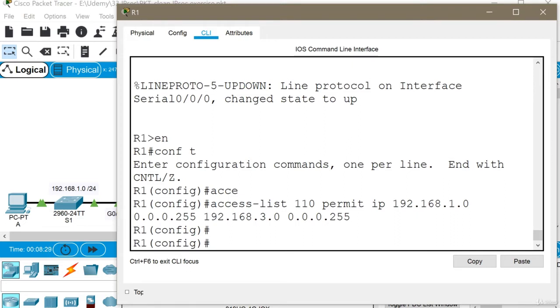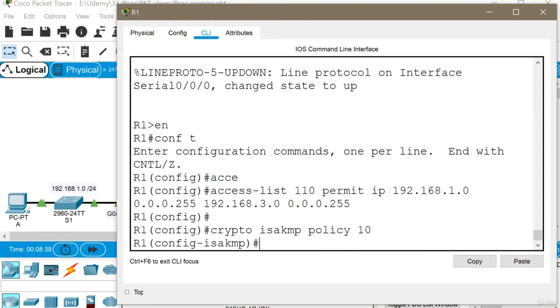The first thing I'm going to do here, I'm going to say crypto ISAKMP policy 10. Okay, 10 is policy priority. You could have several policies on one router. Actually, it's probable that you will have several policies, and number 1 would be the highest priority. This way you're telling your router how to negotiate with the other side. It should push for the highest priority policy, but the success of this depends on what the other side prioritizes